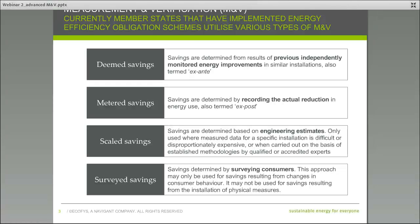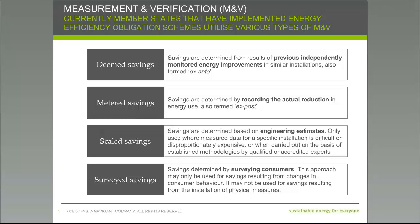These metered savings are used a lot in industrial energy efficiency measures, or also in large commercial buildings, but they require more attention from the regulator. They require audits and analysis, and are therefore not favored so much when it comes to energy efficiency measures in residential buildings, for example. Then we also have the scaled savings based on engineering estimates,